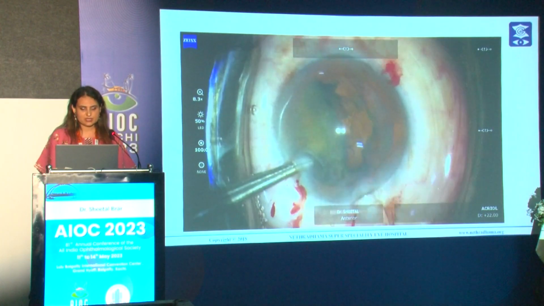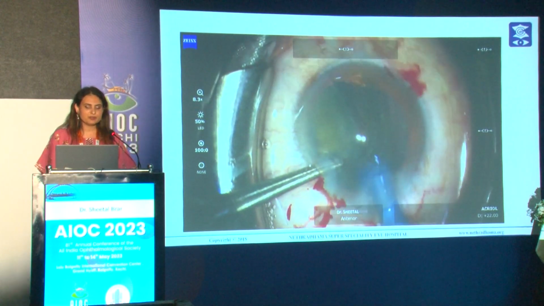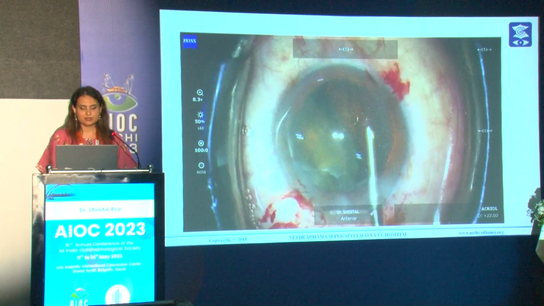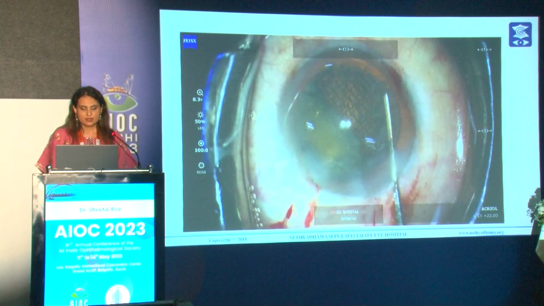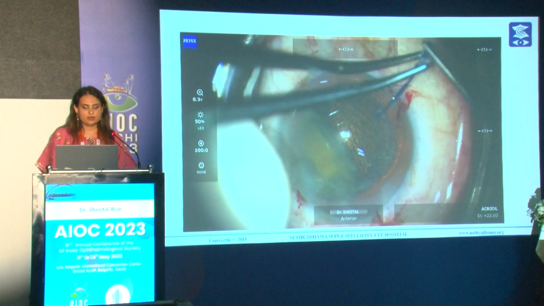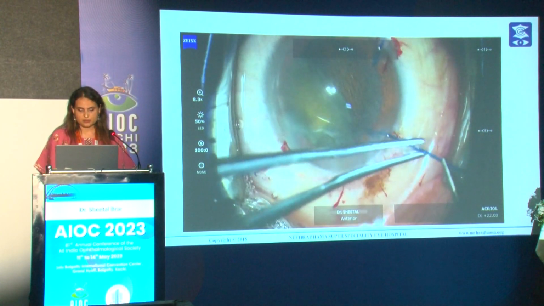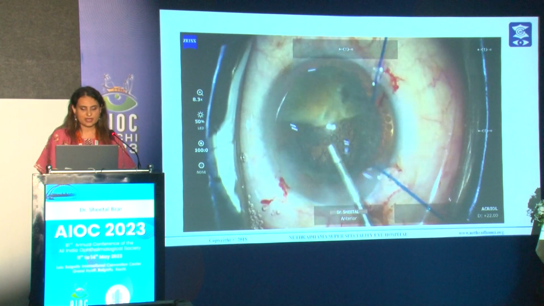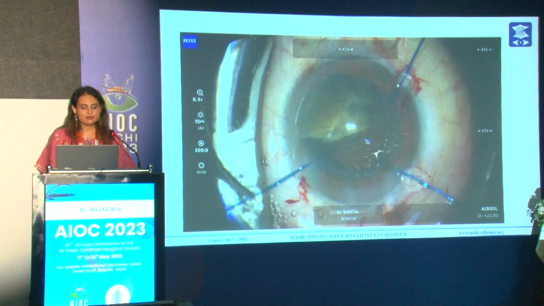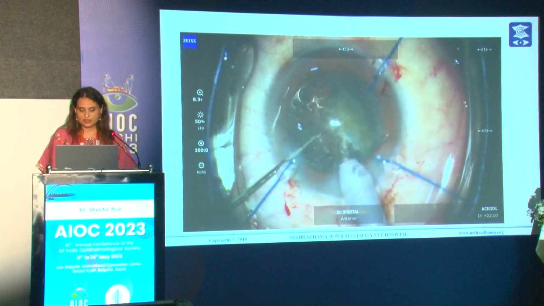So this is another case I'll quickly show. This is the version 2 being used. Here you can see almost 50% of the nucleus is there in the chamber, and so we inject our safety device under the fragment and over the iris, and we have those 4 holes, and in the 4 holes we take the iris hooks inside and fix the device at 3 points again. And once the device is fixed, now our job is easy, so we can just go ahead and emulsify the